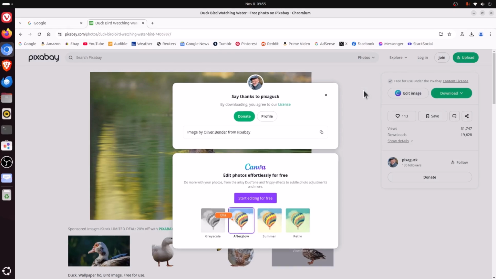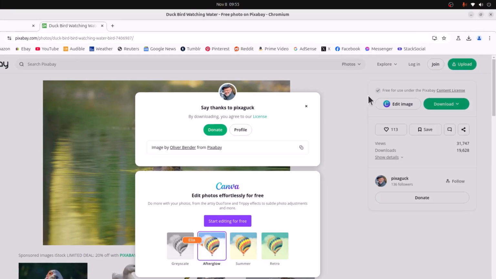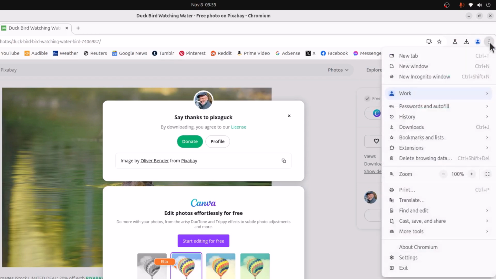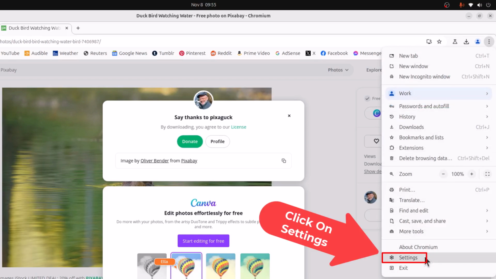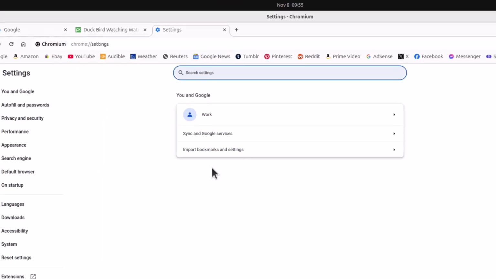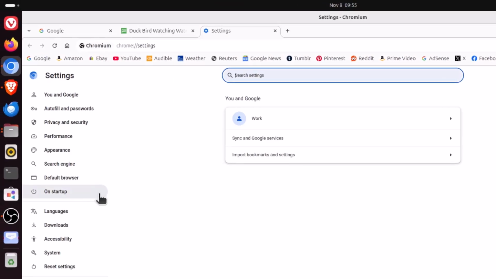The first thing you want to do is open up Settings. I'm going to go off to the upper right hand corner, up to the three-dot hamburger menu. I'm going to click on that. Then I'm going to go down to where it says Settings, and I'm going to click on Settings. Now in the pane off to the left hand side, I'm going to click on Downloads,